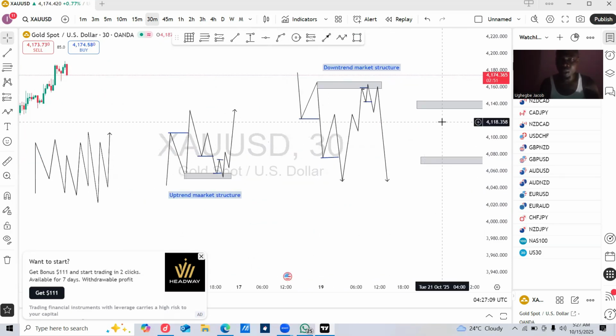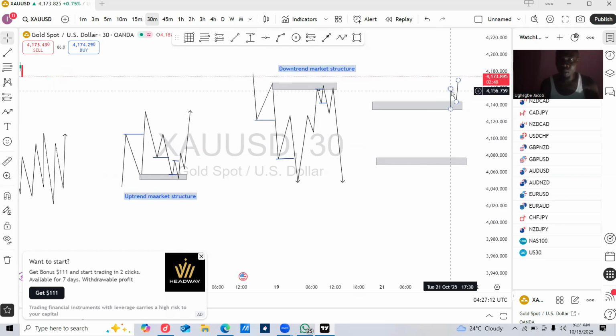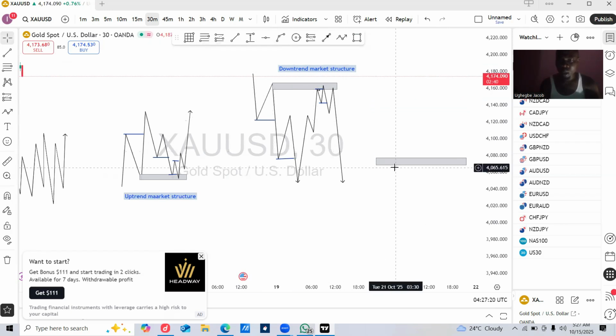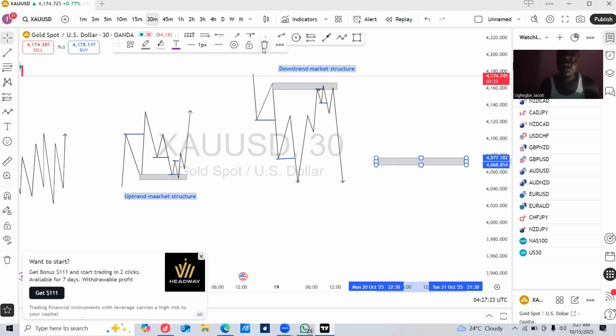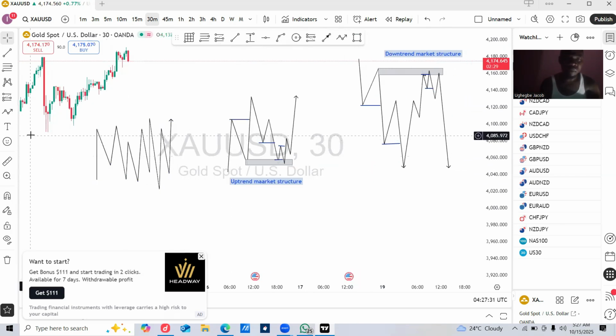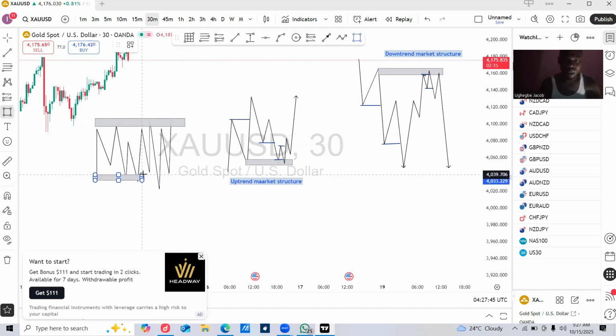Remember, we are talking about the ranging market. So we have the uptrend market, we have the downtrend market, then we have the ranging market. So in this ranging market here, this is how you see it. The market will be consolidating around that circle here. Now, once you have seen something like this,